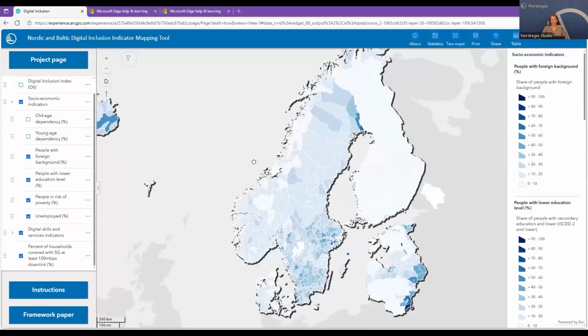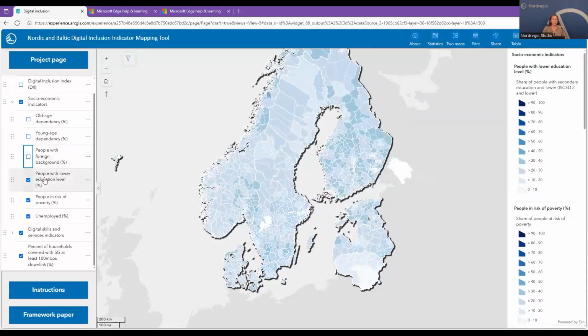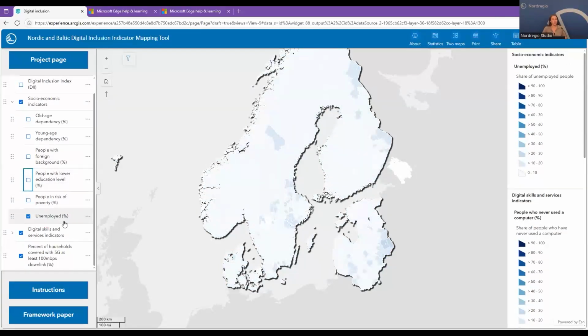Please see how the colors change on the map when I click on the layer. Then there are people with lower educational levels, people at risk of poverty, and the unemployment layer. All the layers are shown in relative terms, meaning in percentage, so it's the share of population.